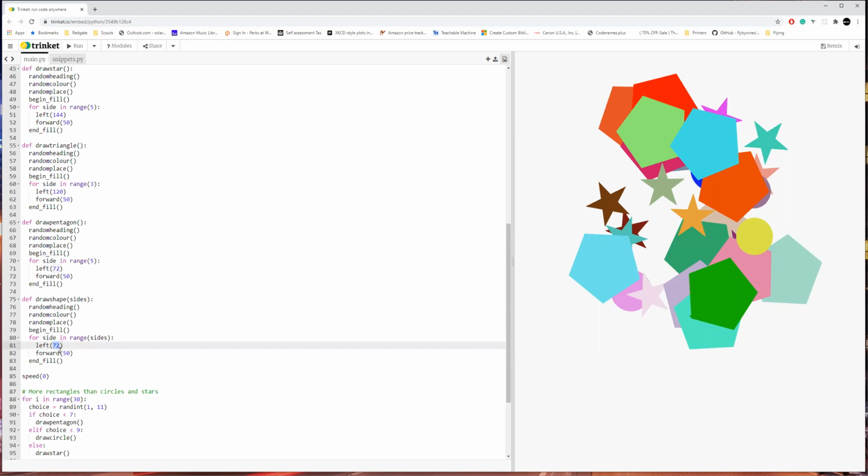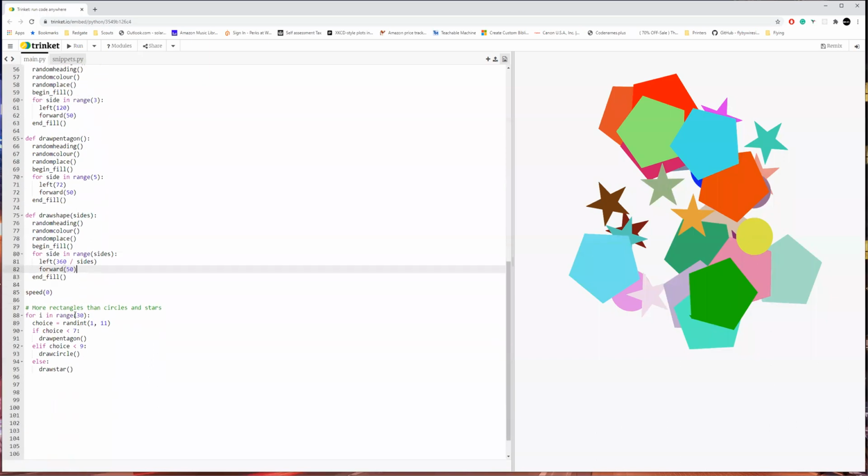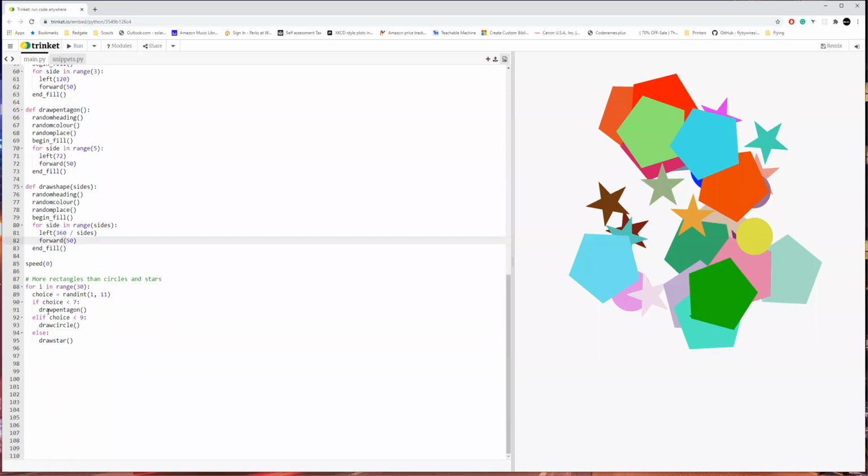And instead of this being a fixed number, we will work it out. So here it was 360 divided by 5. Here it was 360 divided by 3. So we can actually just work it out, and we have ourselves draw shape. So if we get rid of draw pentagon,